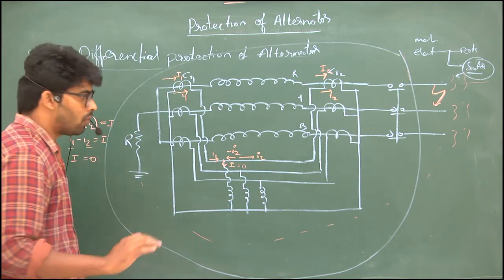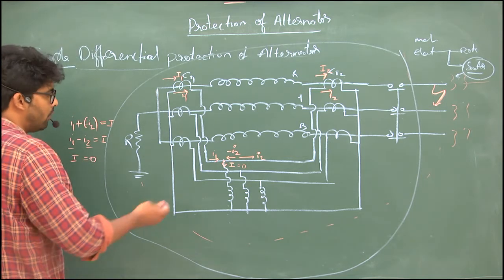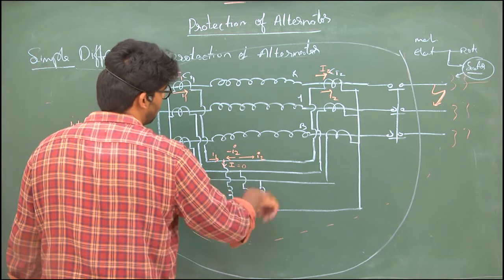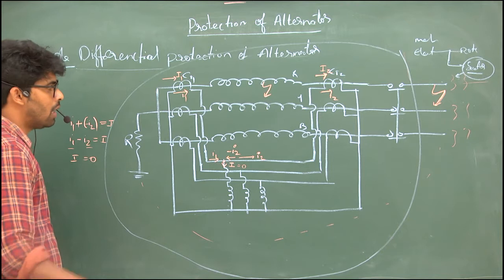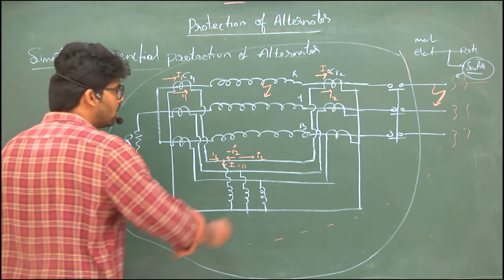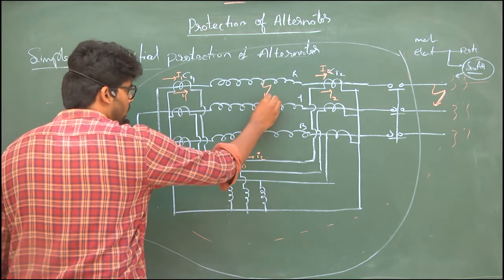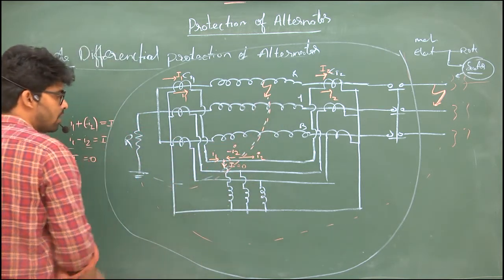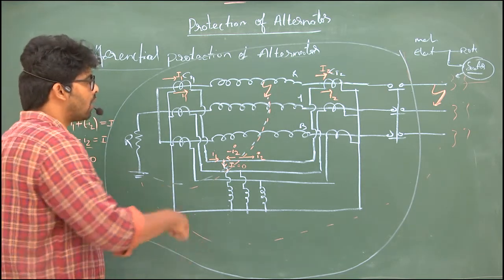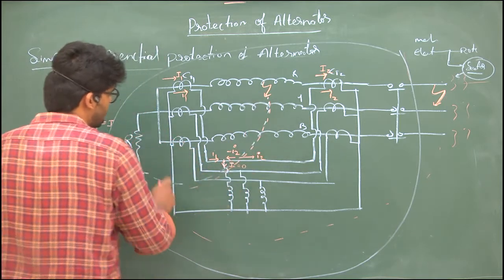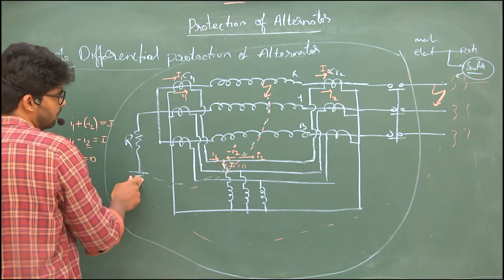Now we will see the case where a fault occurs internally. What is the fate of the differential protection? For example, if a fault occurs here, this is a phase to ground fault. Taking a phase to ground fault means I need to connect to the ground. For understanding purposes, imagine how this alternator will operate. If this is grounded, there is a circulating current flowing through this coil, since it is closed.